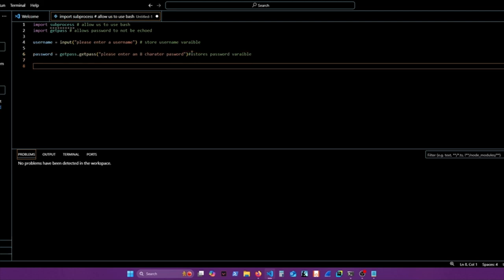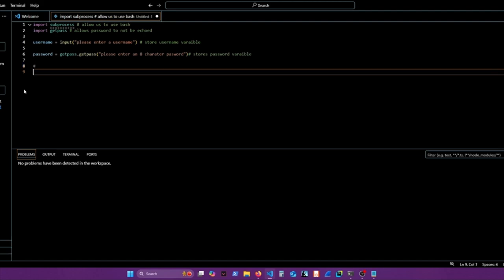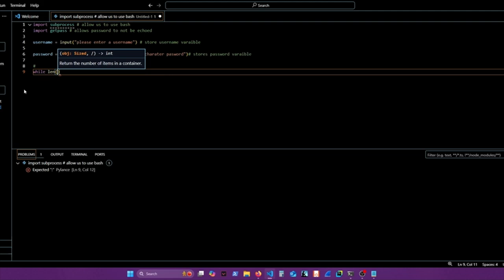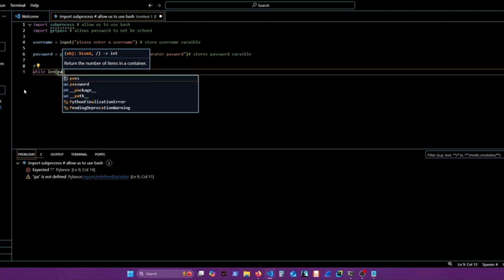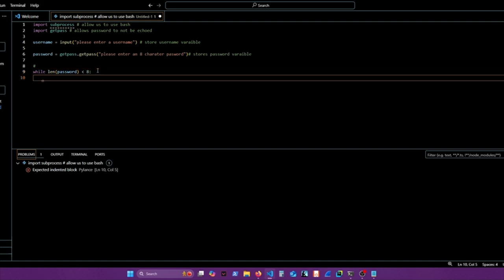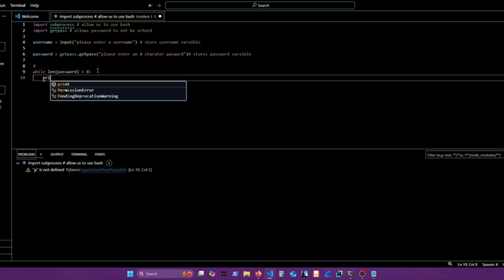There we go. Okay, so I said 8 characters for a reason, and that's because I want to check the password against another function. And what I would like to do is use a while loop. So I'll make sure I leave that there so I remember the comment, but I'm going to use the while, and then I'm going to use the len function, which will help us check the password against a set of rules. So first we need to do password, which is already auto-populated for us, and then we're going to do less than. So for this rule, I have while len of password is less than 8, and I'll have this done here. So if it's less than 8, it'll print this message: